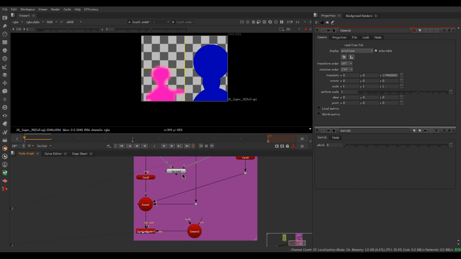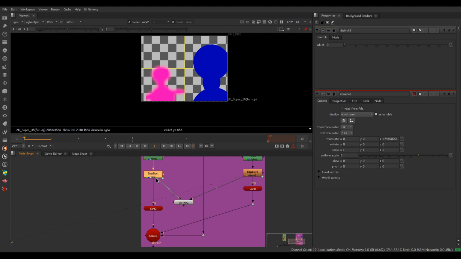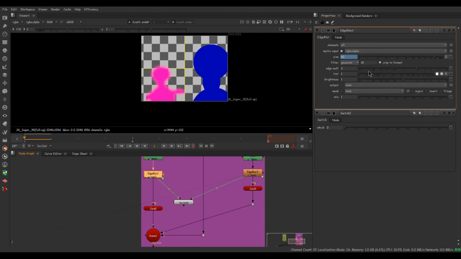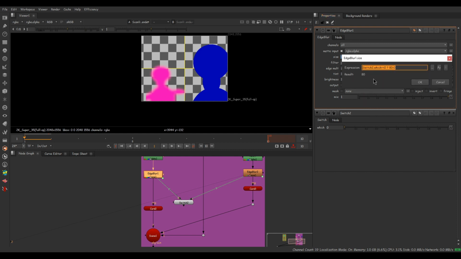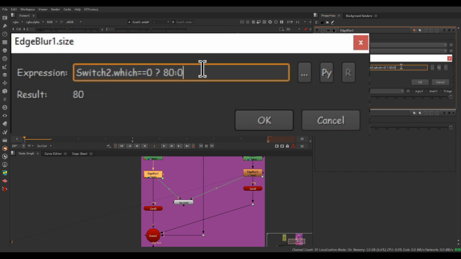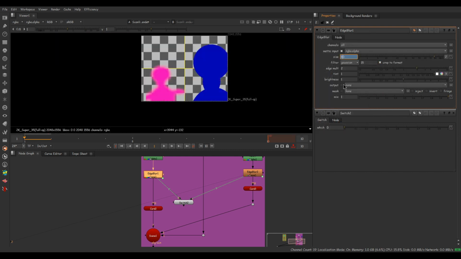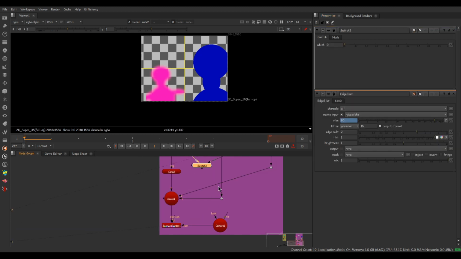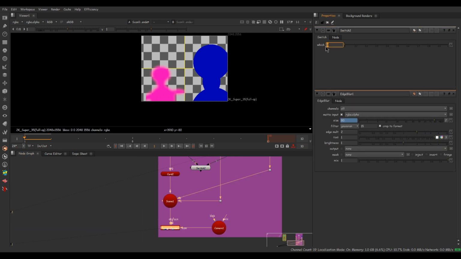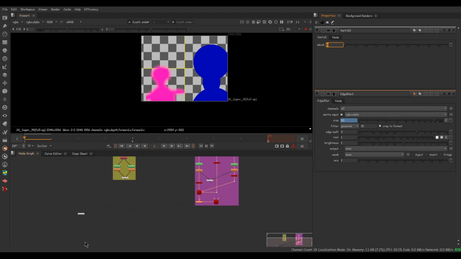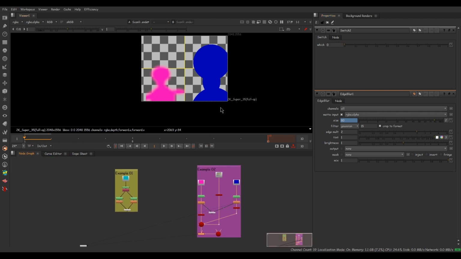Awesome. So coming back to the switch node here, connected to control the defocus or rack focus, I wrote a simple expression in the size knob so that it can follow the switch node, and you can see the expression here. So this switch is the control here. Let's change the value here and see the result. You can see the focus of the character changes, or if we continuously animate this value in one shot, that is known as rack focus in this shot. I hope these two examples gave you a neat idea of what is rack focus.